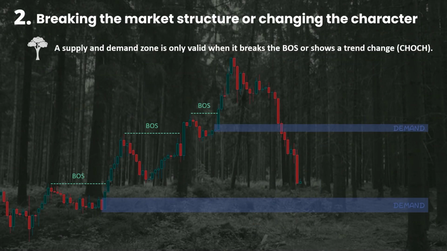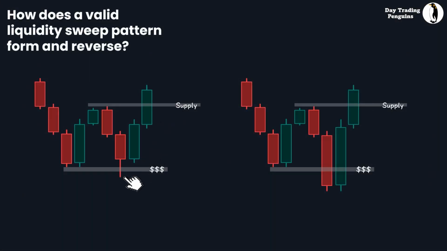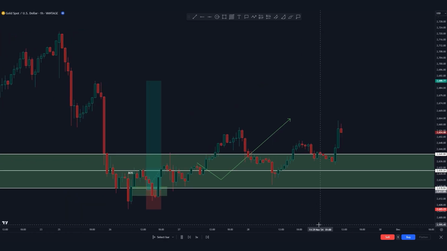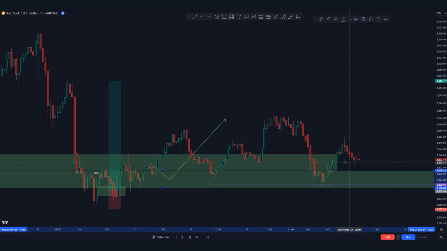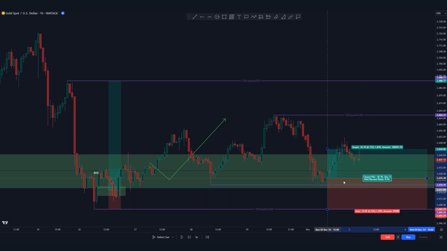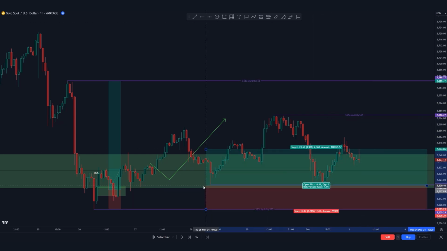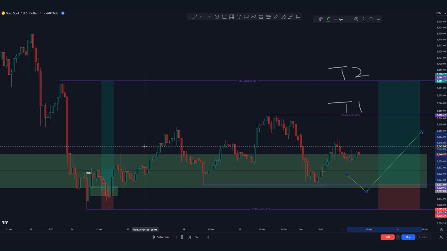In the last episode, we taught you how to identify the correct supply and demand zones. These conditions act like a filter for trading decisions, significantly improving the accuracy and reliability of your trades. In today's video, we will show you some actual chart examples to demonstrate how we analyze market trends and mark